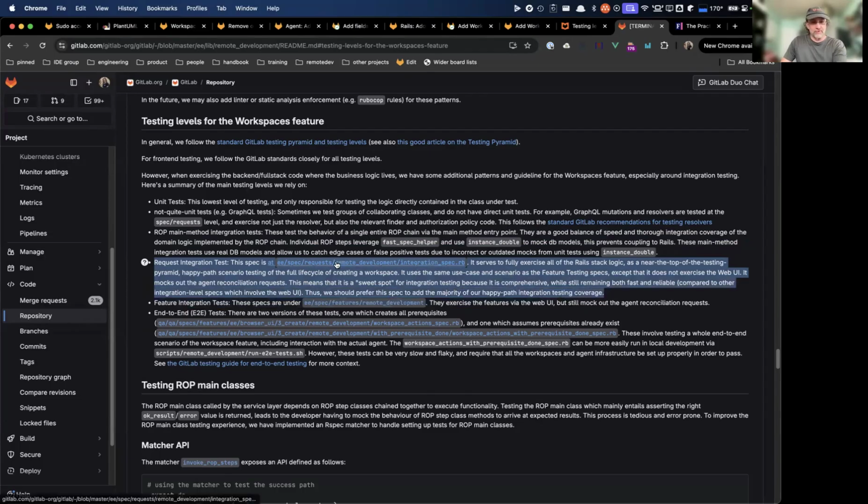So then, going higher up the pyramid, there's the request integration test. This is one of the spec requests, remote development, integration. The ones that say requests are actually using the internal Rails test frameworks, like fake HTTP interaction. It's not a real HTTP, but it's at a really low level of the stack in Rails that you're interacting with, so it's actually doing real requests and responses. So this one looks like